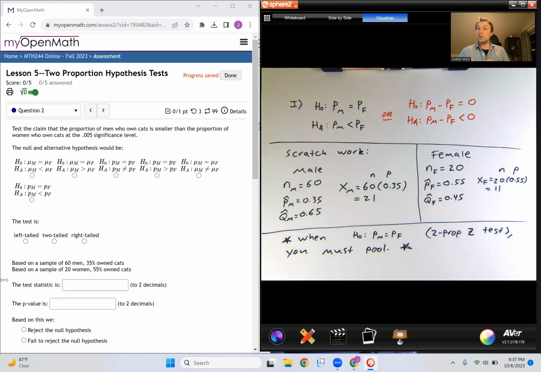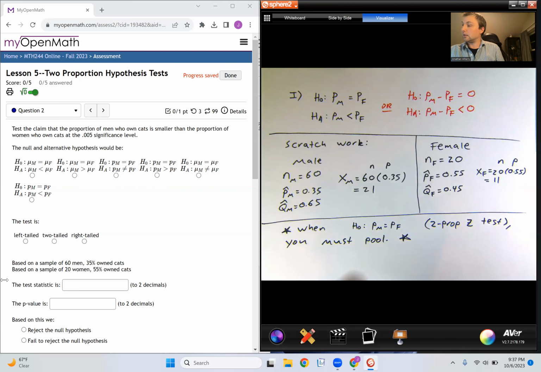Again, anytime you're doing a hypothesis test for two proportions, you have to pool because the null hypothesis assumes the groups are the same. Now, what that's going to do is it's going to average out my success rate. So it's going to average out the 35 and the 55 to ideally get something closer to the middle. To figure out that success rate, your pooled success rate,